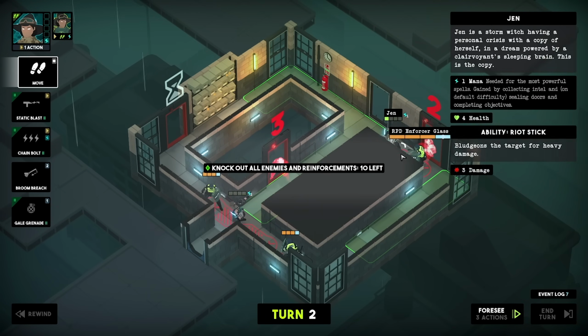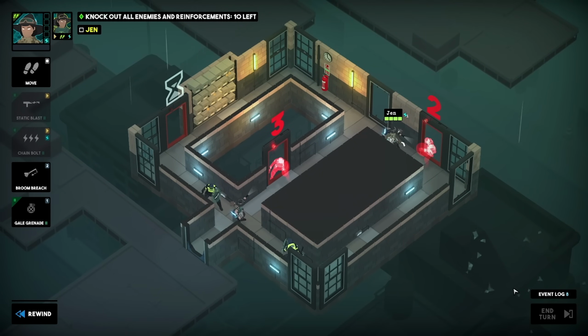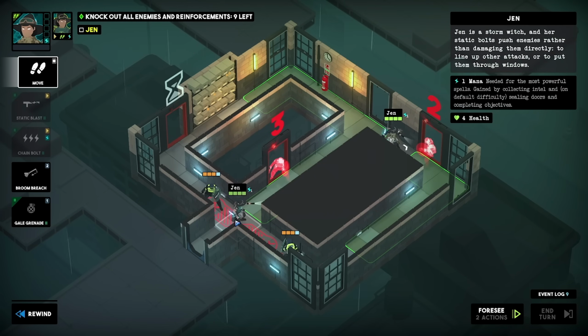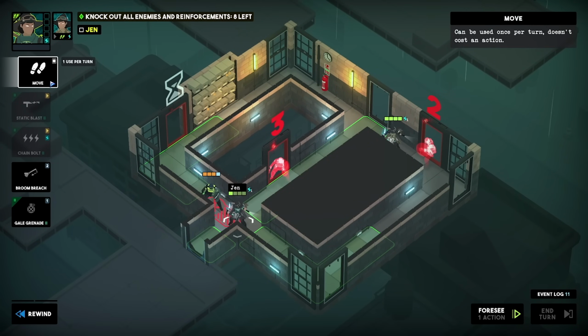I think this will work. Okay. So you knock this guy out. Out you go. Good, good. And then maybe just stay there. That kind of worked really well. You could knock this guy out. Great. And then